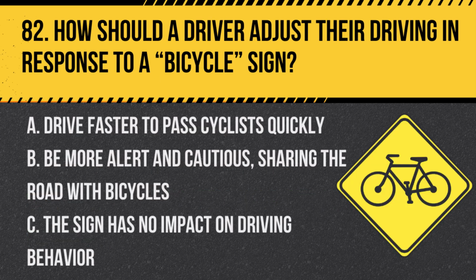Question 82. How should a driver adjust their driving in response to a bicycle sign? A. Drive faster to pass cyclists quickly. B. Be more alert and cautious, sharing the road with bicycles. C. The sign has no impact on driving behavior. Answer. B. Be more alert and cautious, sharing the road with bicycles. A bicycle sign indicates that cyclists are common in the area, so drivers should be extra cautious and share the